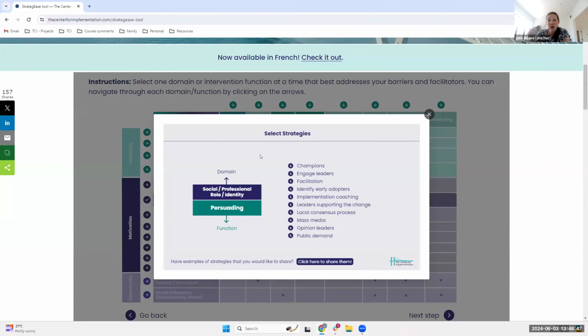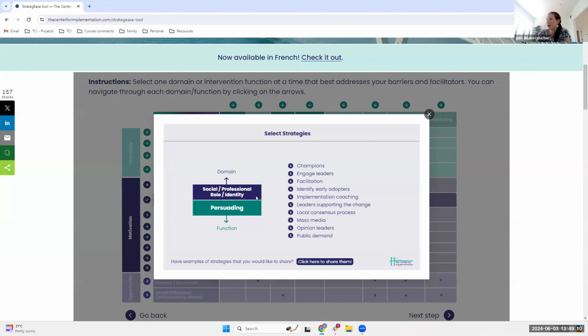But what they do is help us collectively think about what the real barriers are that we're facing, what strategies we can use to address those barriers, and how we can enact those strategies in a way that's going to support people. I want to flag, this is not a definitive answer. This has to be done collectively with people.